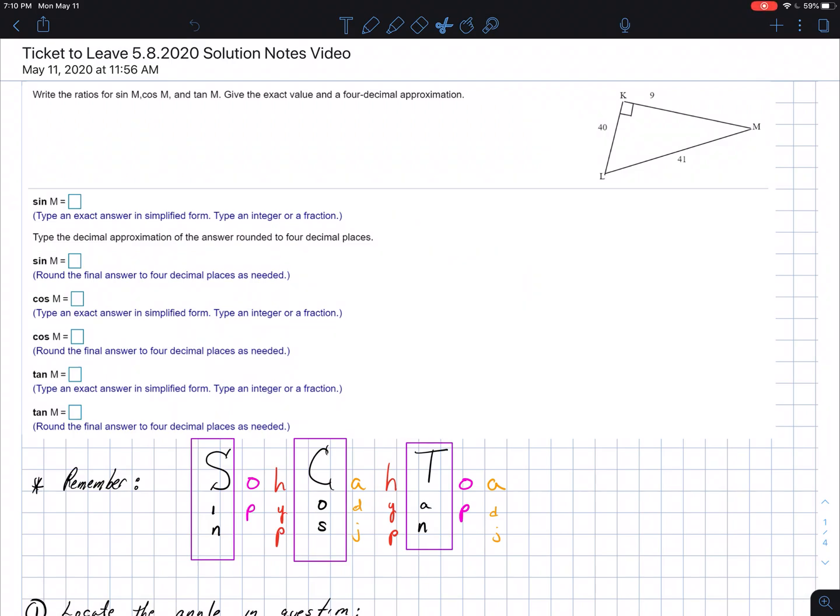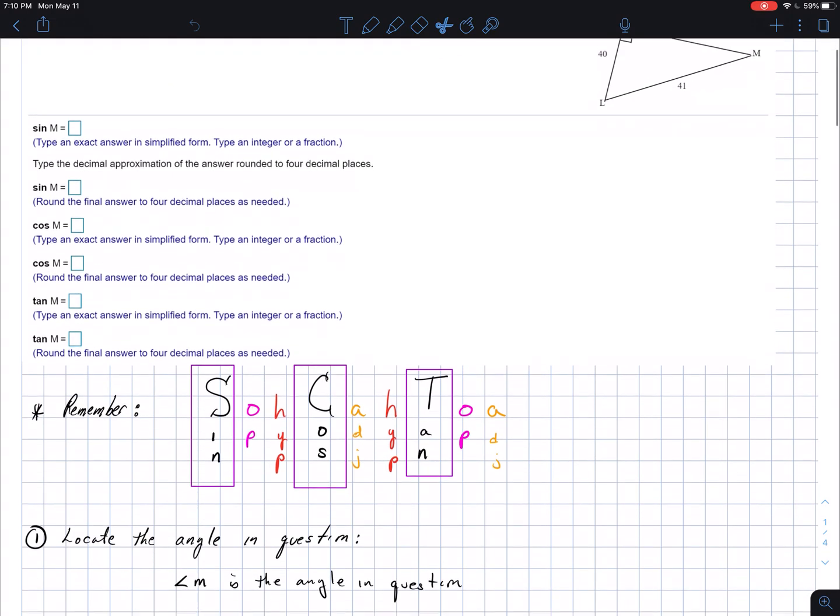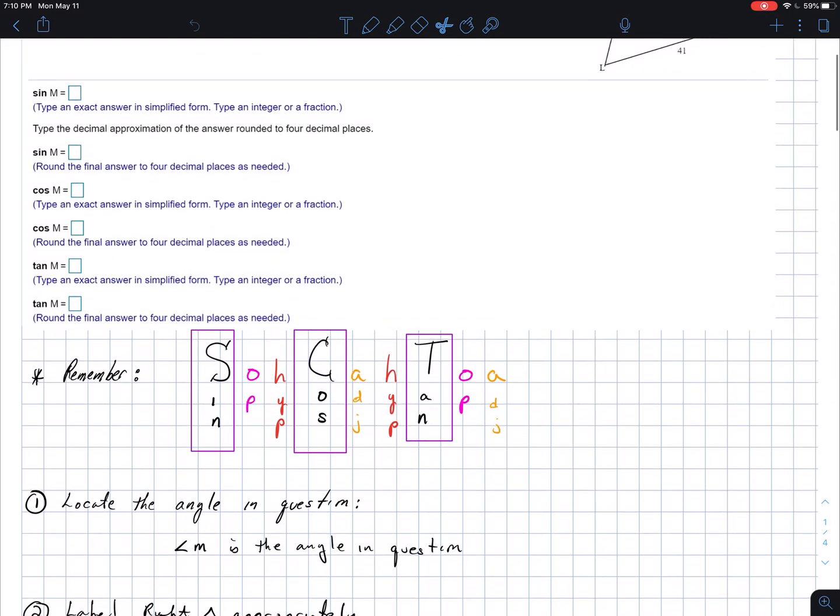Hey everybody, we're going to now look at some solutions to our ticket to leave on 5.8 2020. First things first, what we have to do is remind everybody about Sohcahtoa and what it